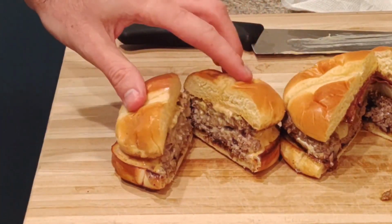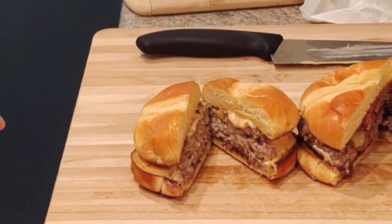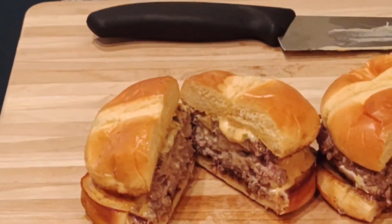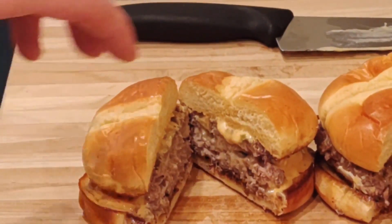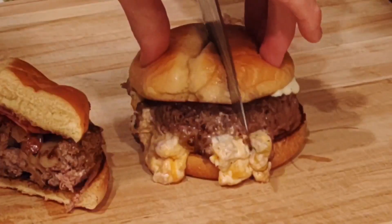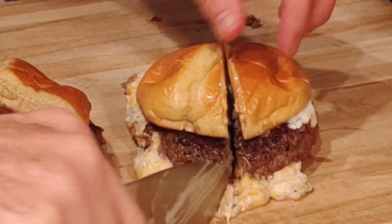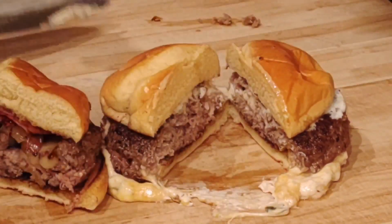You can just see how, look at that. Look at the inside. Watch, I'll get a little closer here. And it's just like the grease and cheese is coming out as you press it. And it turned out absolutely great. I would definitely am going to do this one again. And this one I shouldn't have cut. It was delicious, but it was a hot mess because once I cut it, all the cream cheese started coming